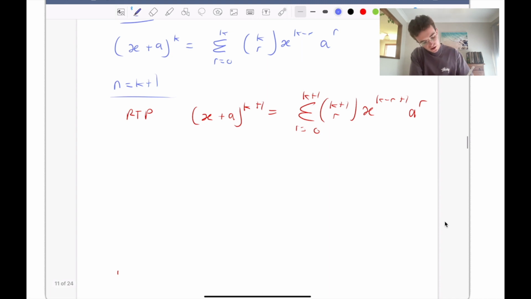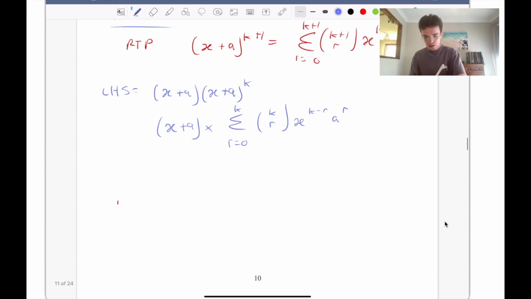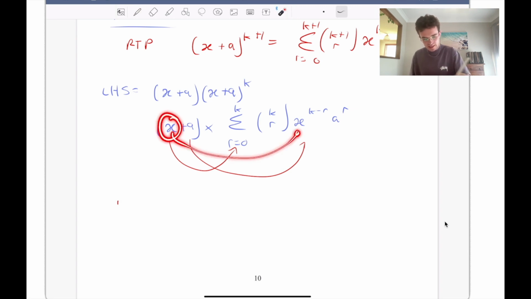If we look at the left-hand side of this expression, (x plus a) to the k plus 1, that's actually equal to (x plus a) times (x plus a) to the k. Now from our assumption, we know that that is equal to the sum from r is 0 to k of k choose r, x to the k minus r, a to the r. Now we can just expand that, that's just like a constant or one expression outside of it. Now we can put first all this x into here, so it's going to be equal to